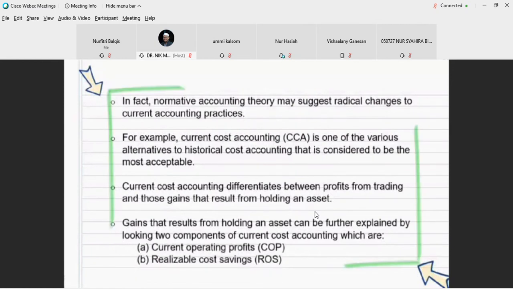As I mentioned before, normative theories of accounting are not necessarily based on observation and therefore cannot be evaluated on whether they reflect actual accounting practices. In fact, normative accounting theory may suggest radical changes to current accounting practices. For example, current cost accounting is one of the various alternatives to historical cost accounting that is considered to be most acceptable. Chambers,